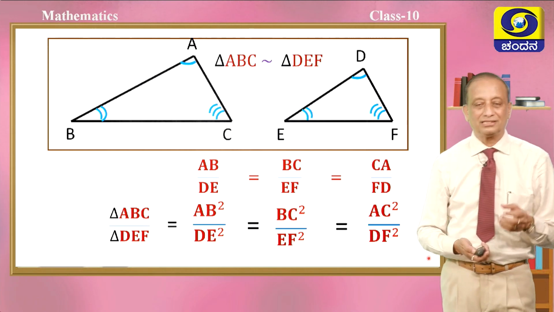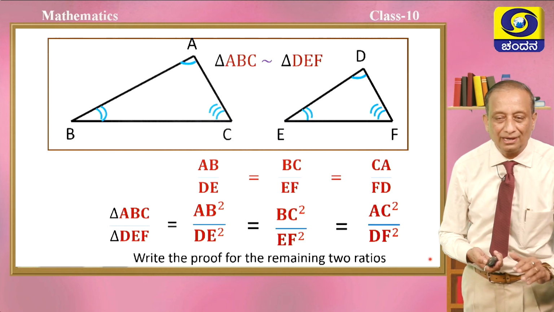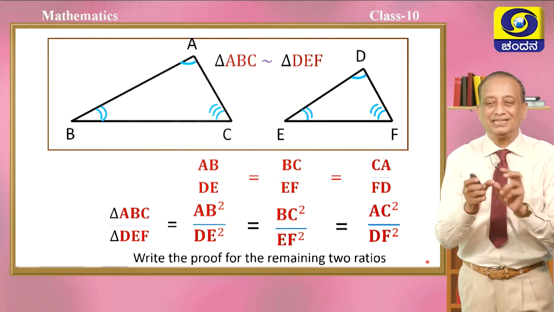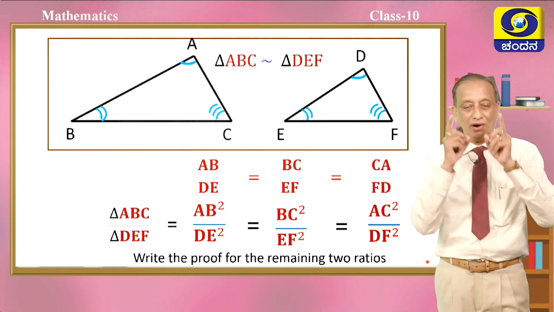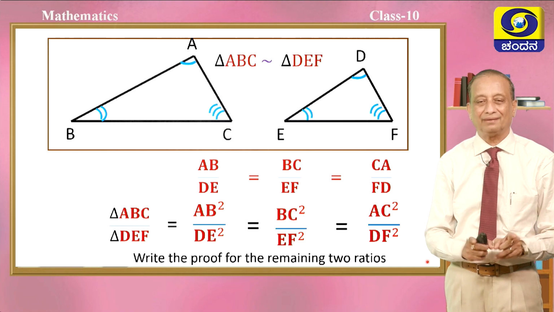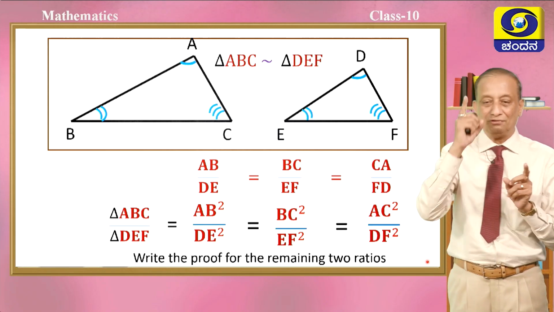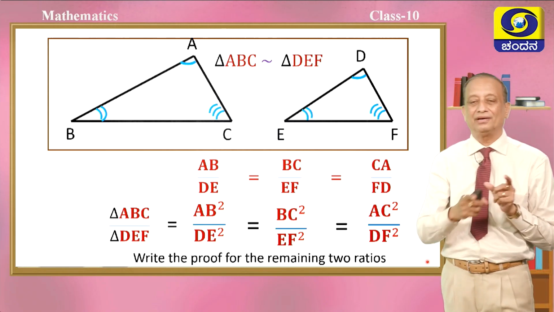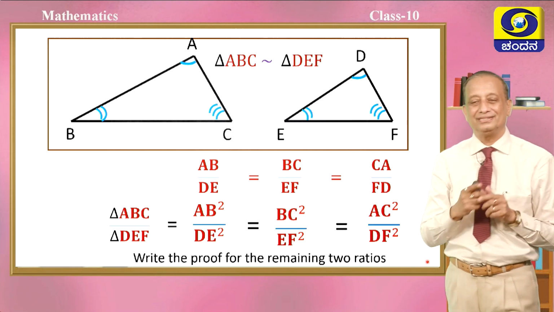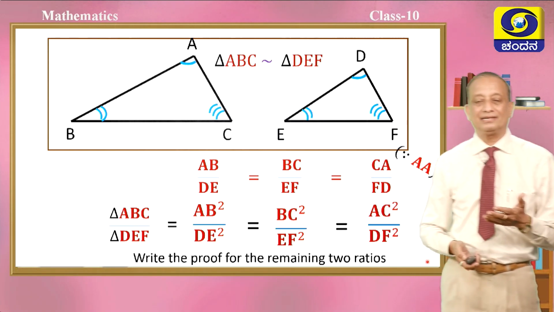So I request all of you to take up a small activity. Show that it is equal to AB square by DE square, or it is also equal to AC square by DF square. A small change has to be made in our construction. If you want AB square by DE square, what is the construction we have to do? The same construction, but from C and F we have to draw the altitudes. Understood? If you want to show that it is equal to AC square by DF square, we have to draw altitudes from B and E to these opposite sides. That's all the small change you have to make. So please take up this activity and practice well at home.